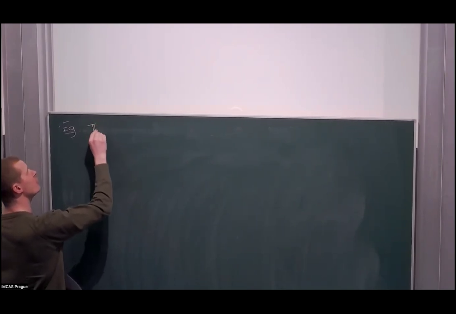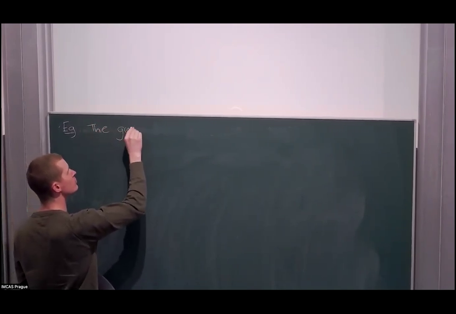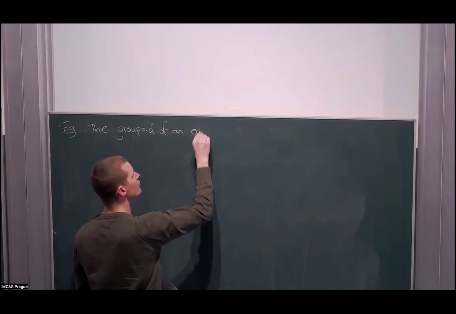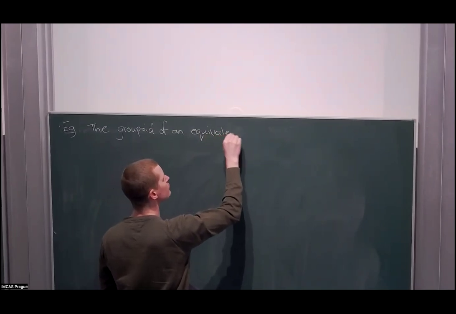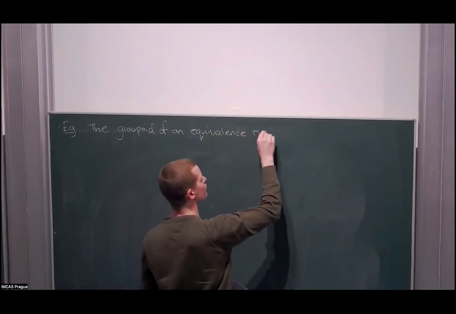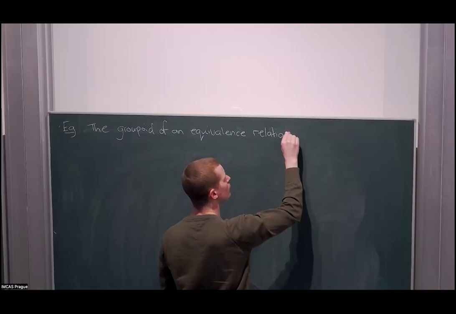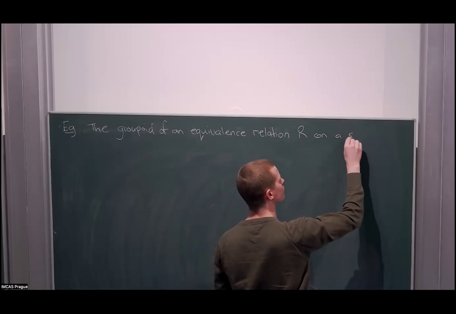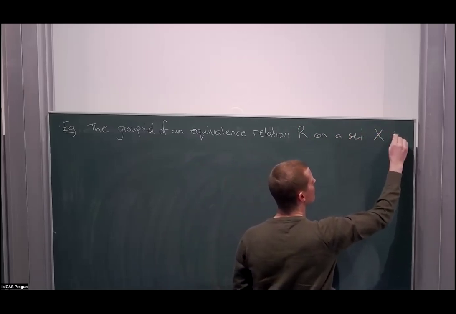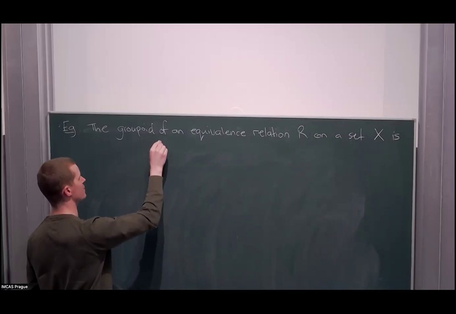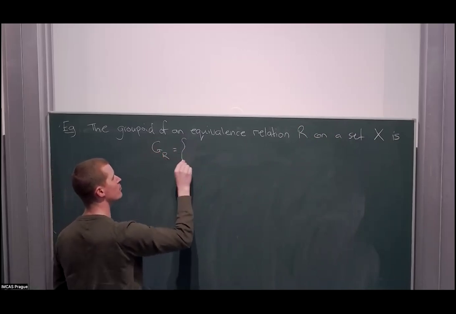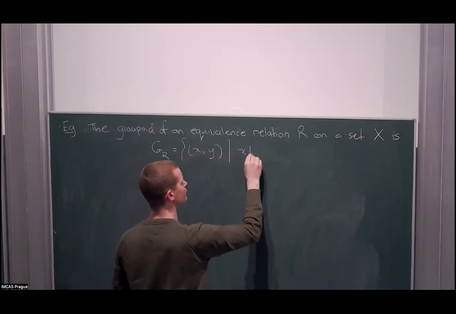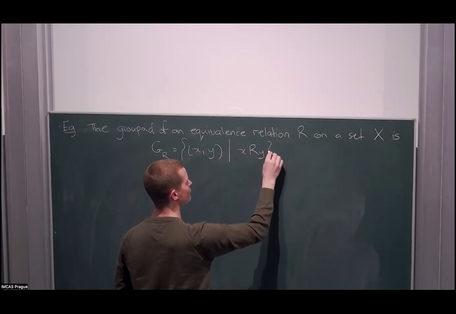So the groupoid of an equivalence relation R on a set X is the pairs (x, y), where x is related to y,